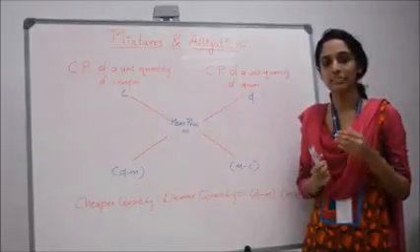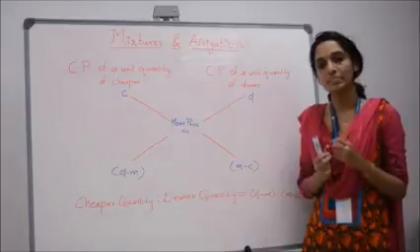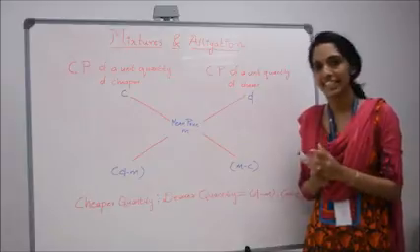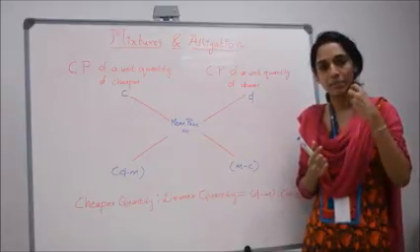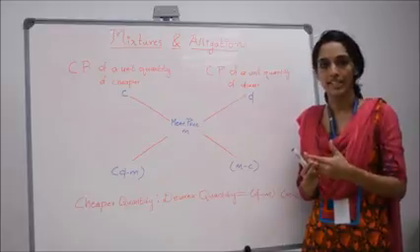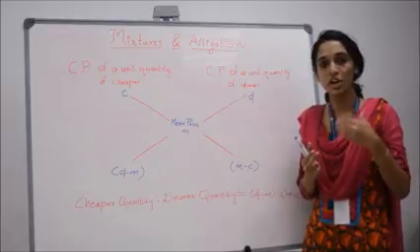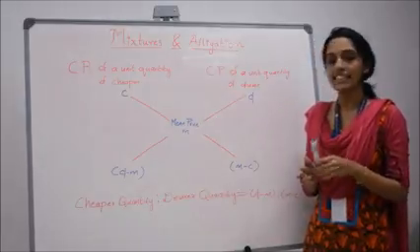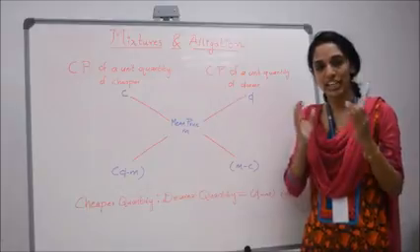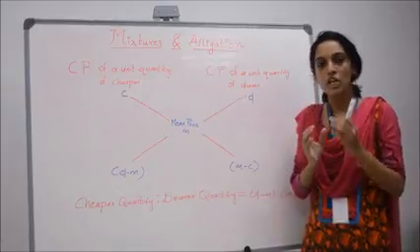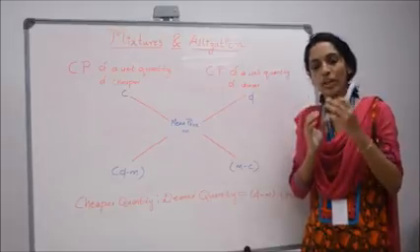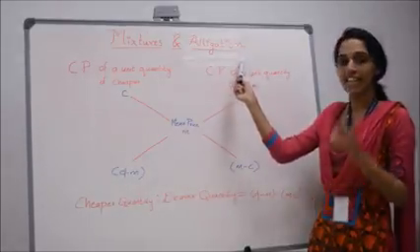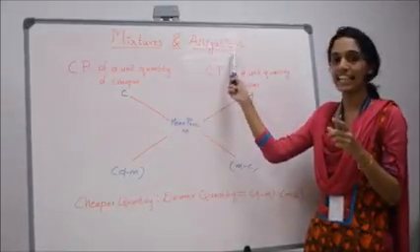On to the next topic, that is mixtures and alligation. What is a mixture? Mixture is a new product formed by mixing two or more ingredients. The ingredients may be of high price or low price. The ingredient with low price is called cheaper and ingredient with high price is called dearer. And there is a ratio in which these ingredients are mixed so as to obtain a mixture with a specific price. So that rule which defines that ratio is called alligation.